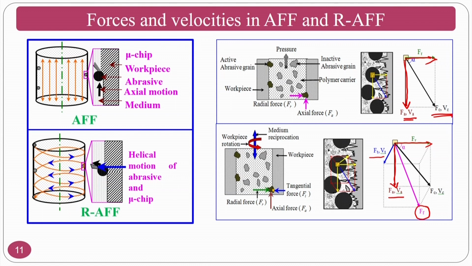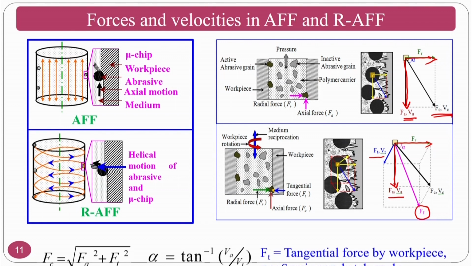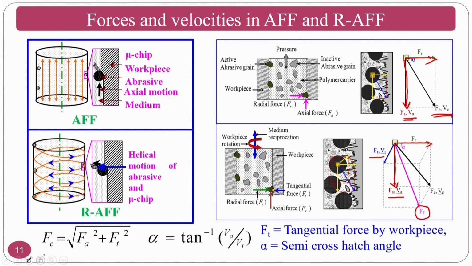Whenever you have an extra force and extra velocity, that means the shearing strength that the abrasive particle gets from the polymer rheological abrasive medium is enormously high compared to the abrasive flow finishing process, because of which the shearing action will improve. How the shearing action improves and other things we will also see in the material removal mechanism of this particular process. And we can see the cutting force.